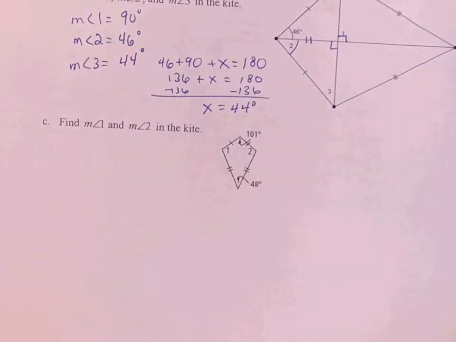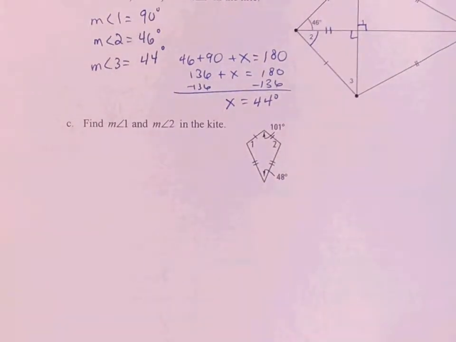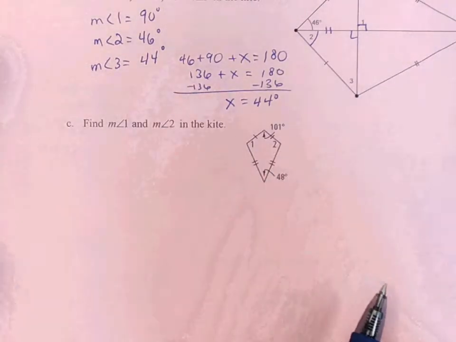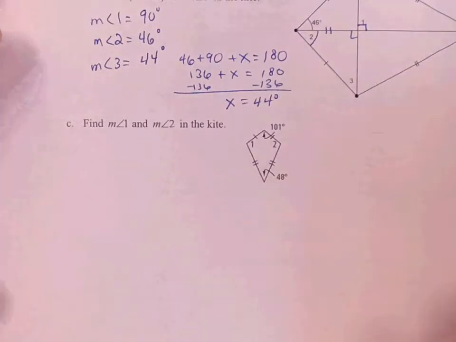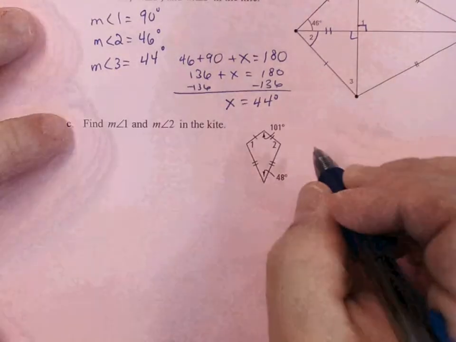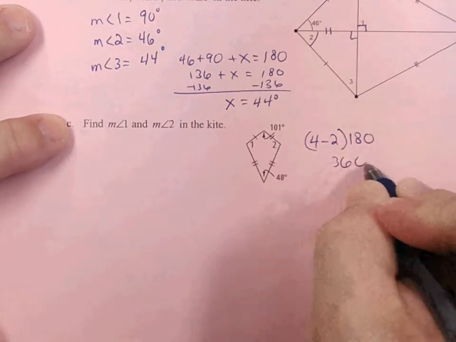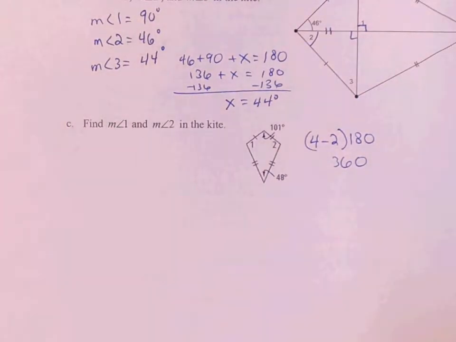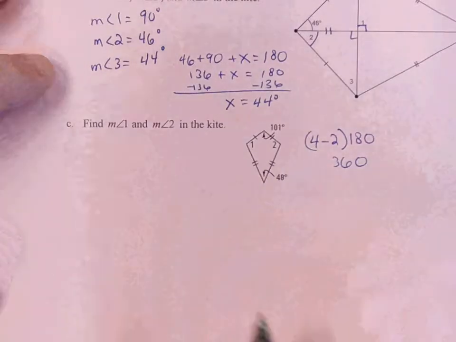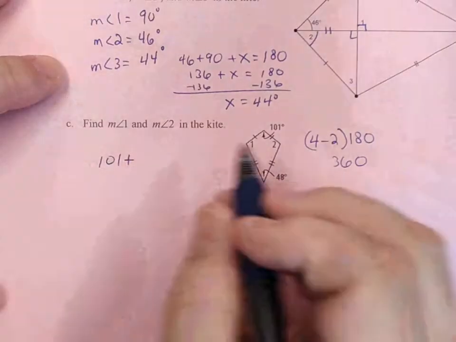All right, let's look at letter C. We're not given any diagonals here. We just know that this is a kite. So it's a quadrilateral. The angles all add up to be 360, right? 4 minus 2 times 180 is 360 degrees. All quadrilaterals have an interior angle measure of 360 degrees. So we have 101 plus 48